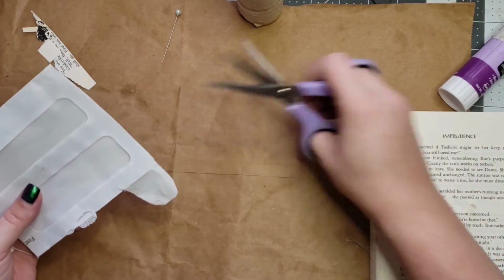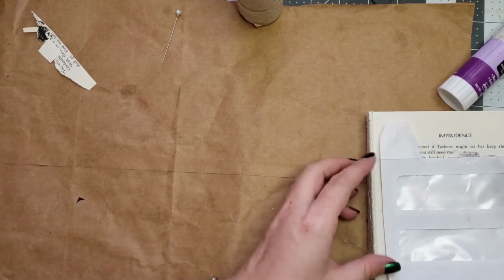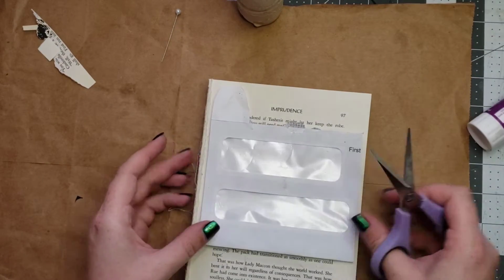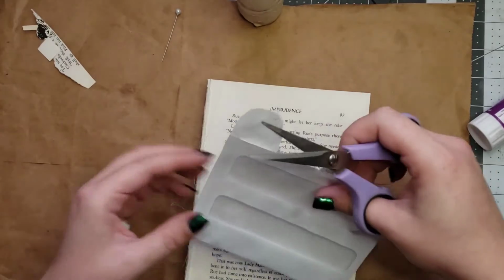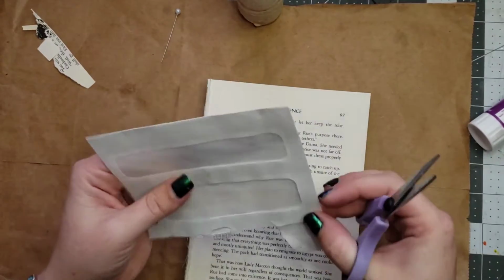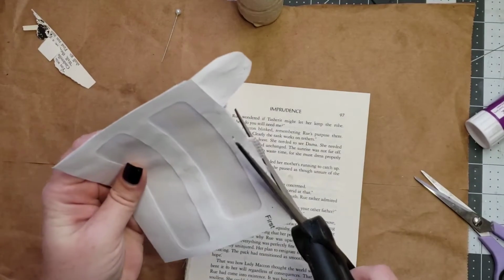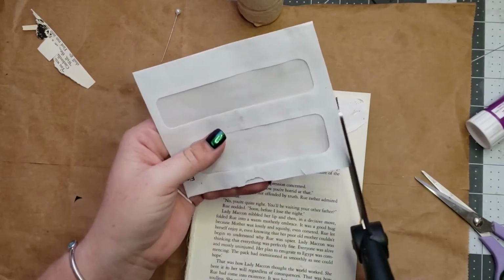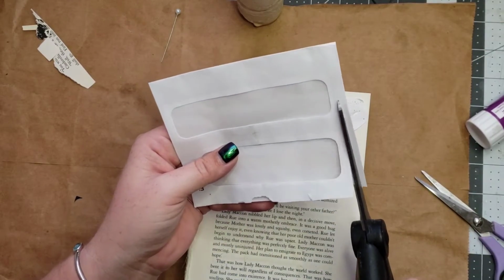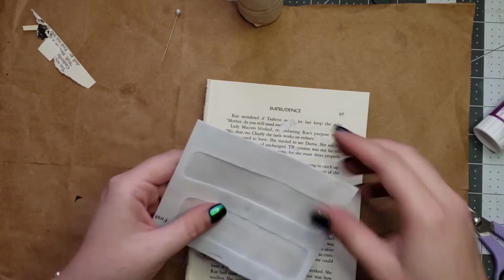So I got 2 windows here, right? And I'm usually measuring it against this. So I can do it like this. Maybe I will trim another little bit off here, this side. Whoops. I'm going to get my big scissors, my honking scissors. Okay, I'm going to trim a little bit more off this side. Just a skosh. Okay. Now,